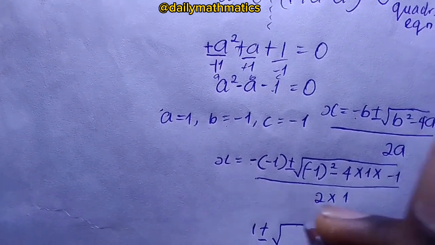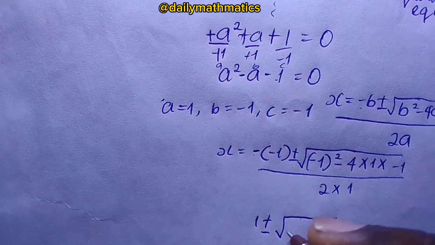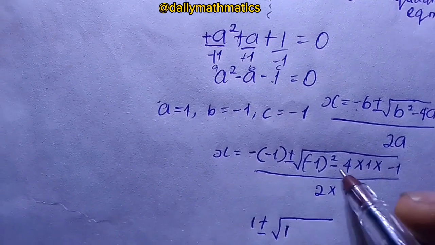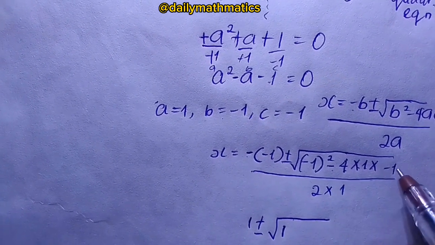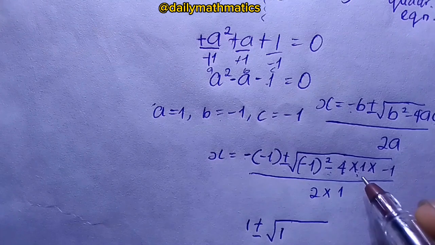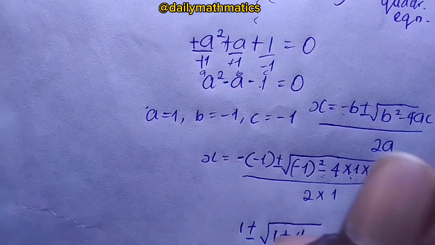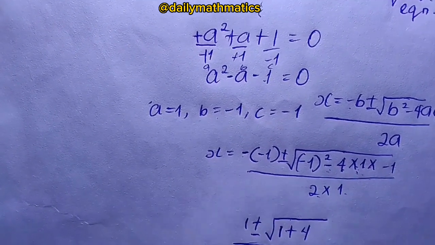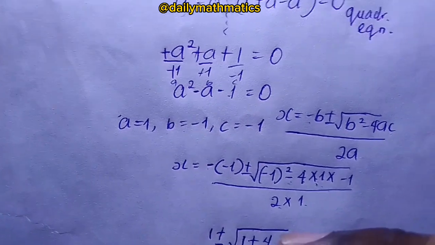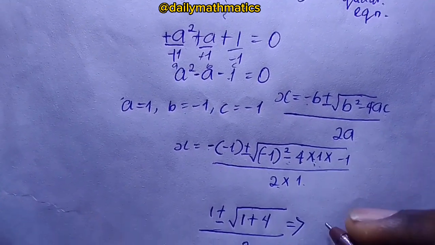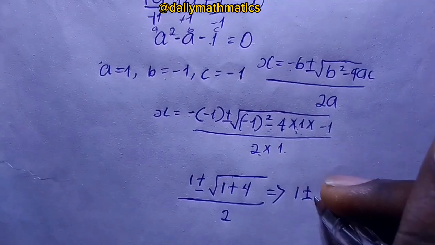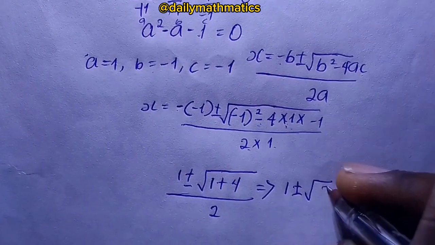So from here we have minus 1 squared, that's 1, right? So minus 4 times 1 times minus 1. Minus 4 times 1 is minus 4. Minus 4 times minus 1 gives us plus 4, over 2 times 1, which gives us 2. And so from here we have 1 plus or minus the square root of 1 plus 4, which is 5,